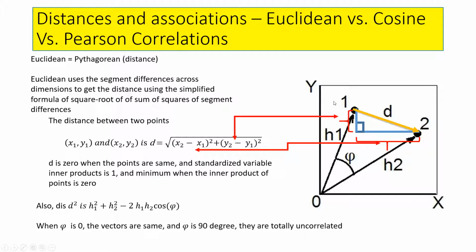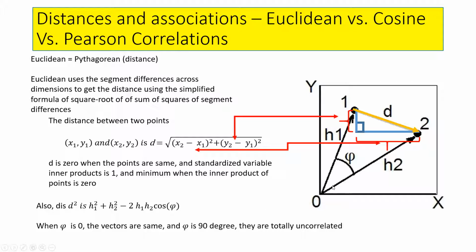Take a look at my screen, please. Vector 1 and 2. The distance is calculated by x2 minus x1. Well, this is the Euclidean distance. Everybody agrees? The Euclidean distance is, I told you, Pythagorean distance, right? This is the triangle. But the point is, this is the Euclidean measure for similarity. But I want you to look at what is called the cosine angle